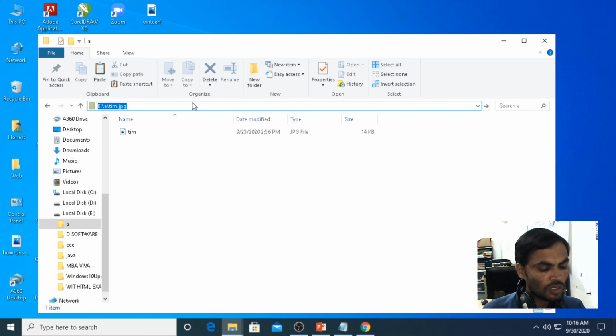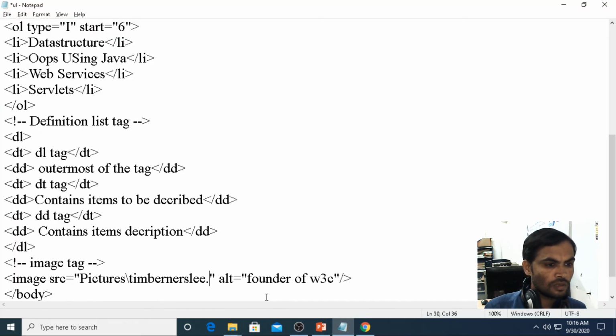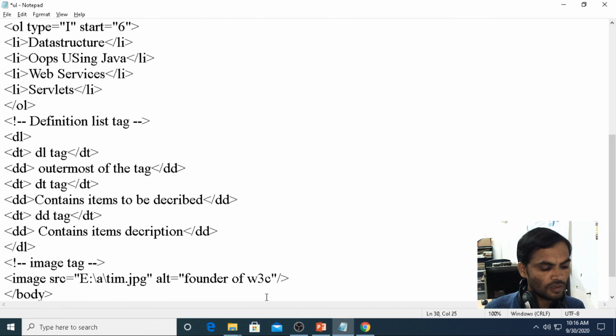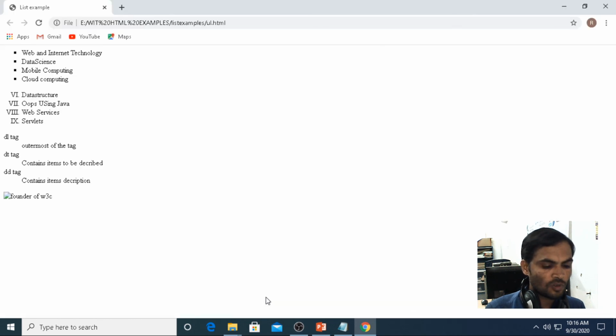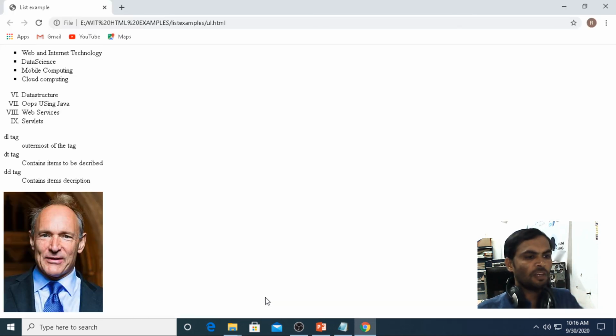Control C, Control V, Control S. Then I run the program, and we are getting the image.